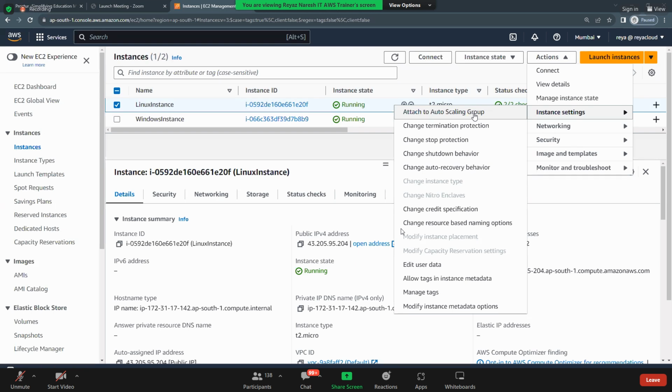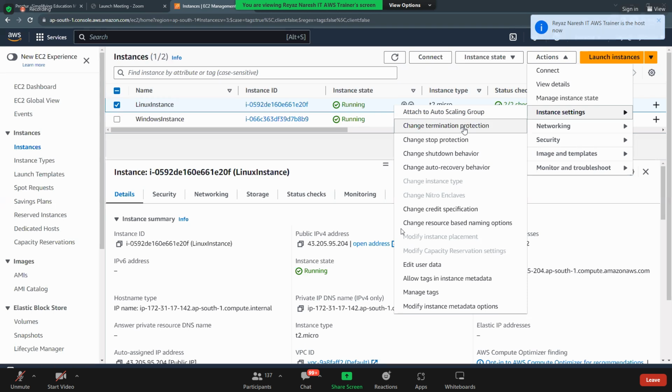Auto scaling group we learned, right? Minimum, maximum, desired capacity. Let's say desired capacity is 4. If you create an auto scaling group, how many EC2 instances will be launched? 4 EC2 instances will be launched. Correct? So now we have a separate EC2 instance. Can I go and attach it to the auto scaling group like this and make it 5? We can do it. So we have the option to attach to auto scaling group. Later we'll do it, not now.